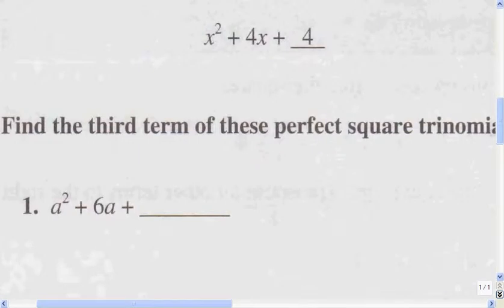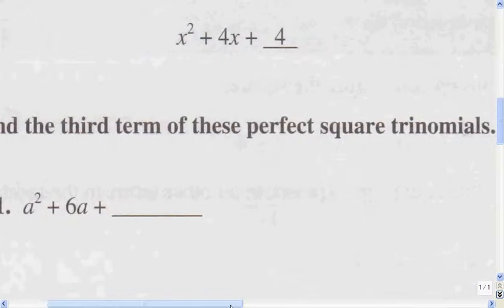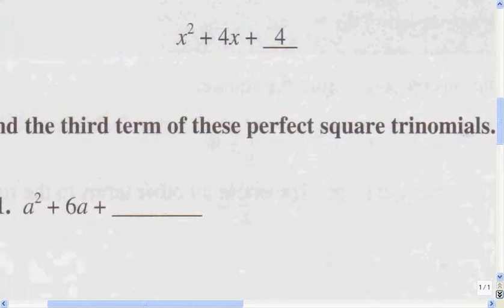Hello. What they're asking you to do here is find the third term of these perfect square trinomials, okay? Find the third term, which is this one here, of these perfect square trinomials. The first thing I want you to know, or you should know already by now, is that tri means 3,